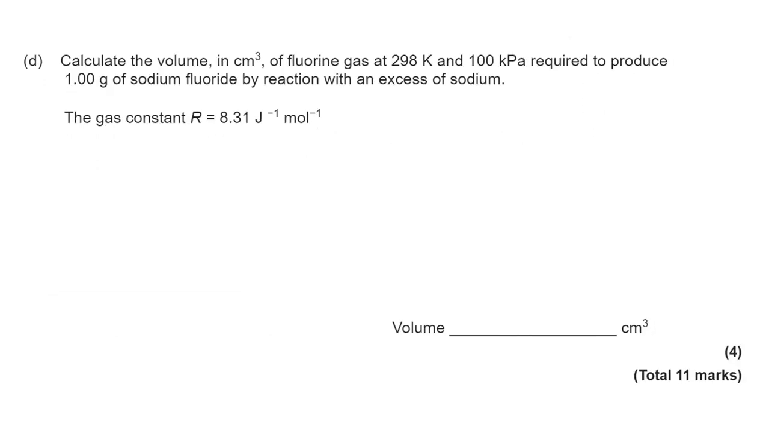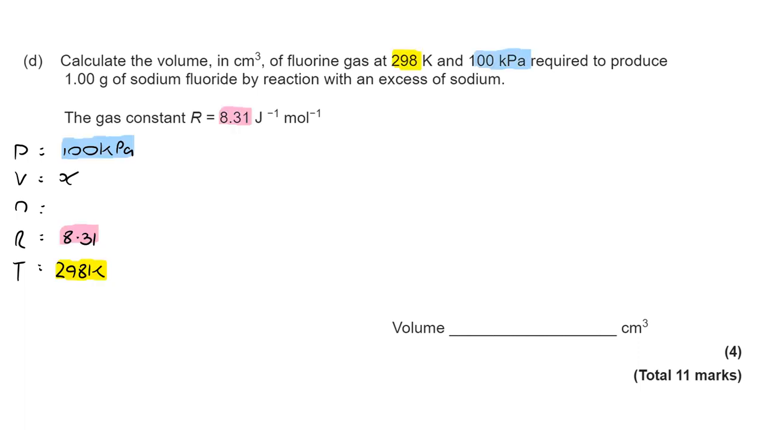Moving on to part D, and this is the ideal gas equation. I'm going to recommend, as I do on every one of these videos with ideal gas, start off by writing down the 5 different components and then fill in what you can from the table. We know we want volume, so that's X. We've got P, R and T provided, but we haven't got n. What we do have